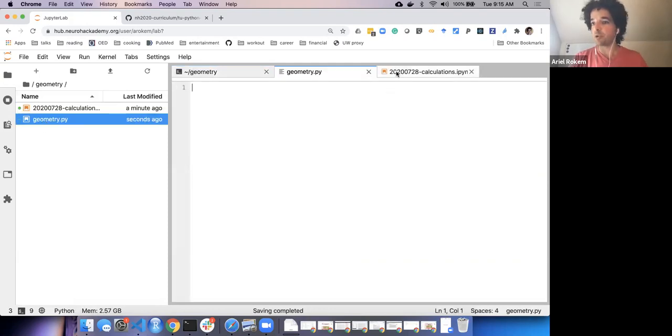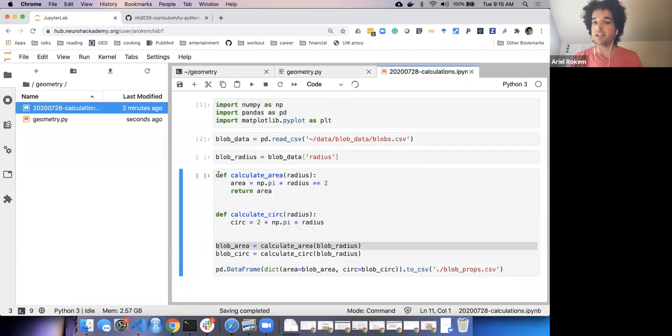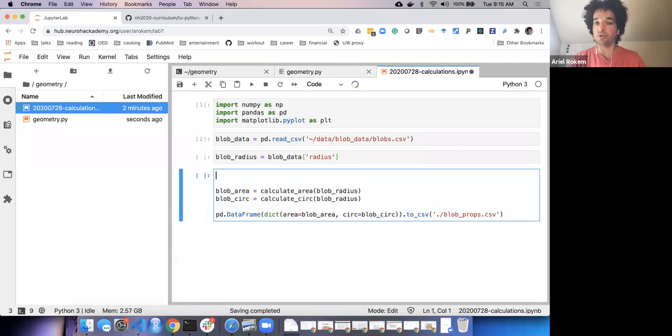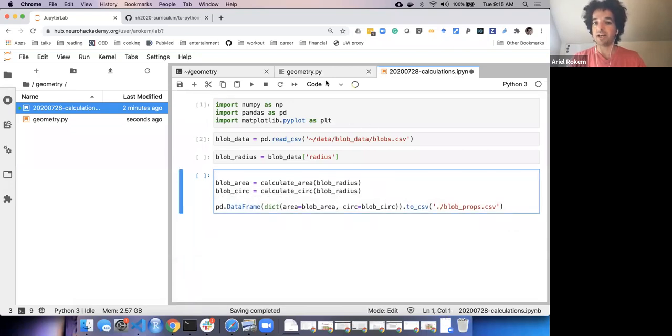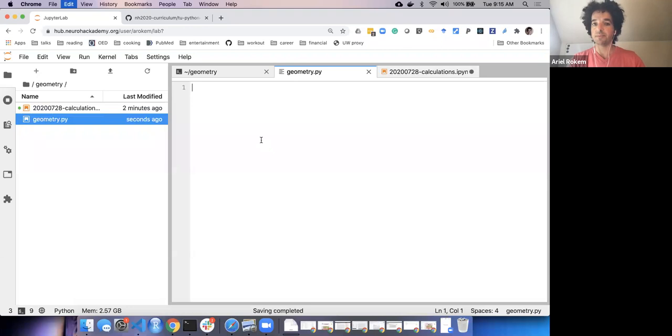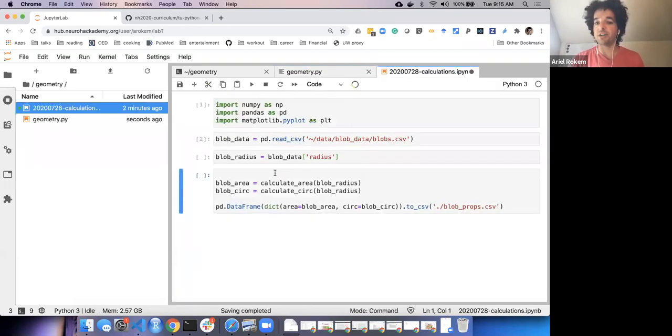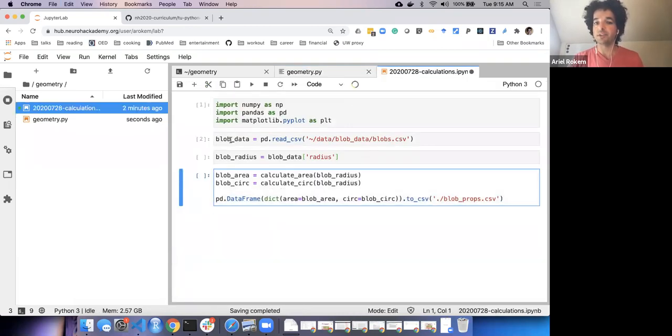And the next step usually in my workflow is that I take these functions and I cut them out of my notebook, and I put them inside of this file instead. And now I'll just save this file for a second before I move on to the next step here,